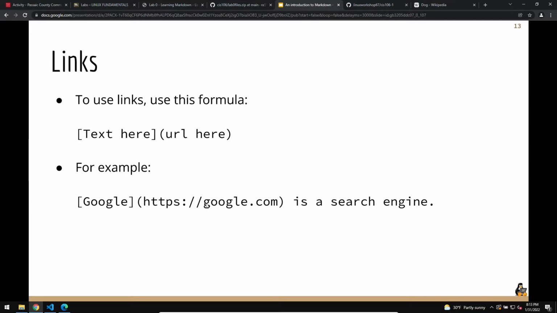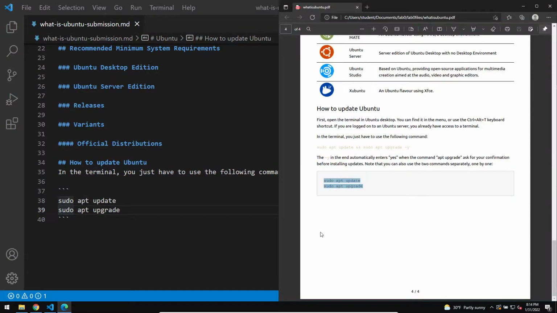Now, links. This is the only thing in Markdown that you will have to literally remember, and the only thing that is really a tiny bit complicated, which is how do we format hyperlinks, right? For a hyperlink, you have to follow this formula. In square brackets, you put the particular word that you want highlighted. In parentheses, you put the URL, and then you continue typing. For instance,